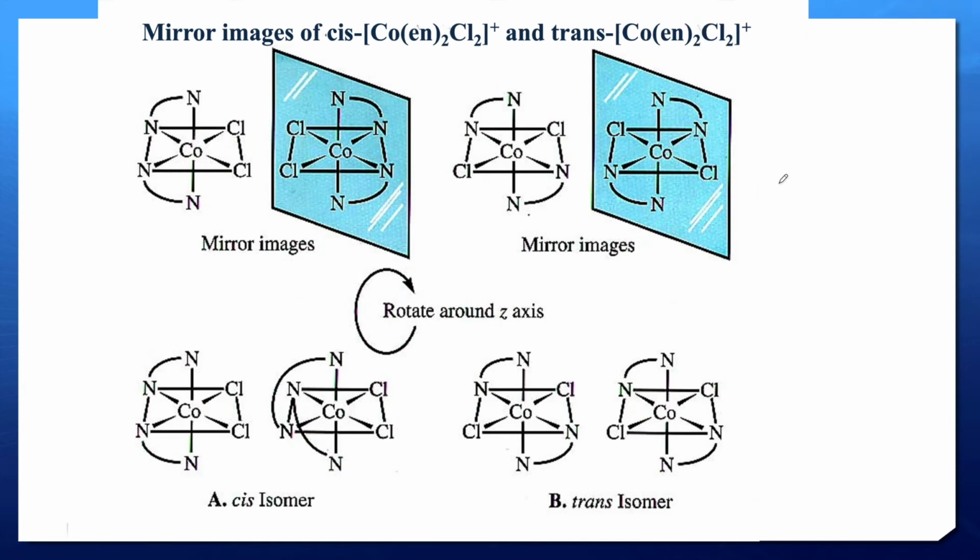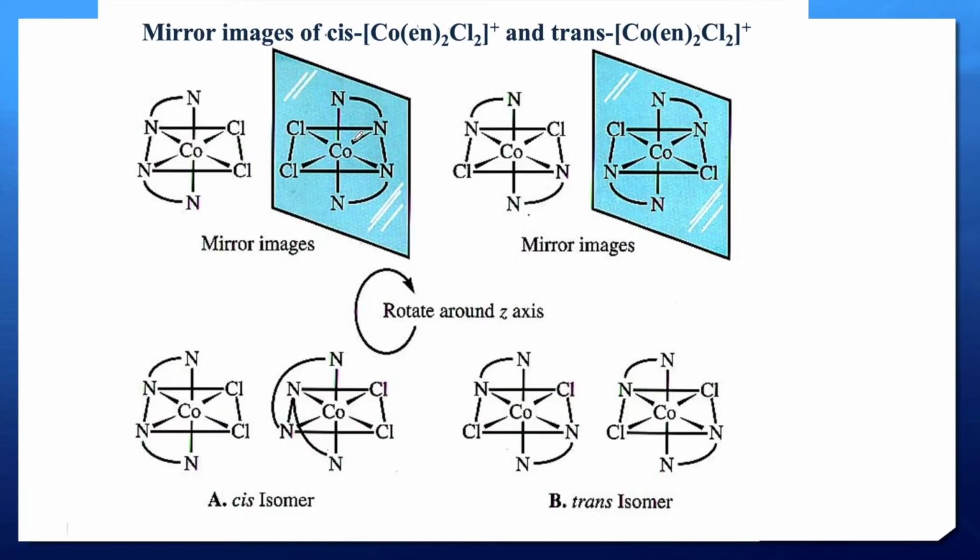Other than that, we have an example for the cobalt, cis and also trans. Here we have cis and also trans, so you need to be able to identify and you need to be able to draw. So please, at home, try to do a few exercises other than the tutorial, and also